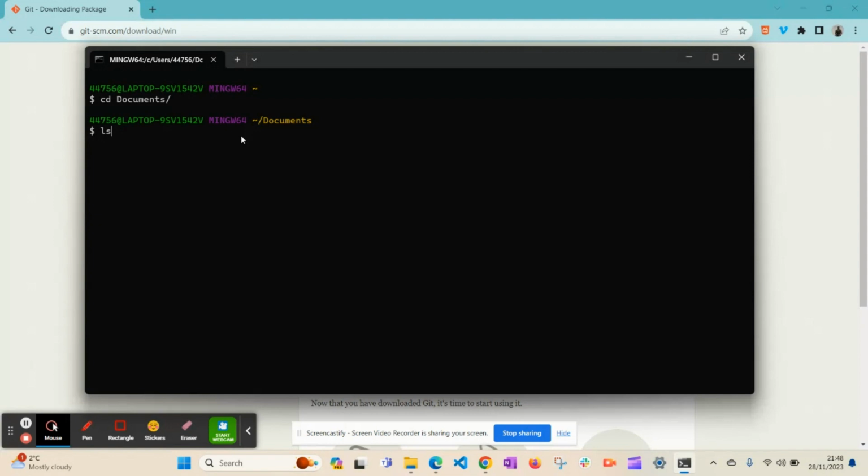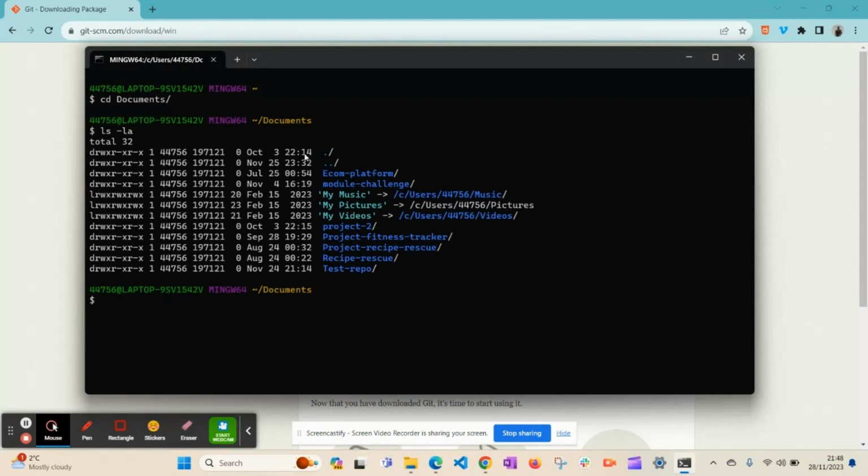But if you're using a Windows computer like I am, it's ls -la. And what this simple command will allow you to do is to check what's in this folder. Okay, it's basically going to give you a list of everything inside this folder. It's going to come up with it if I press enter,